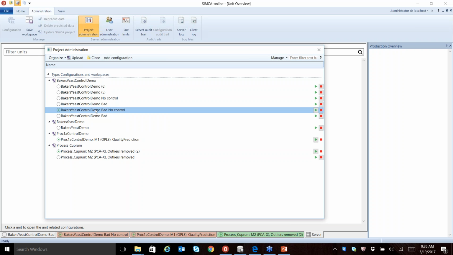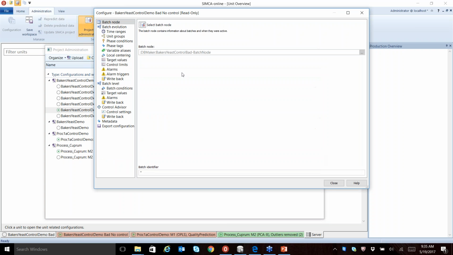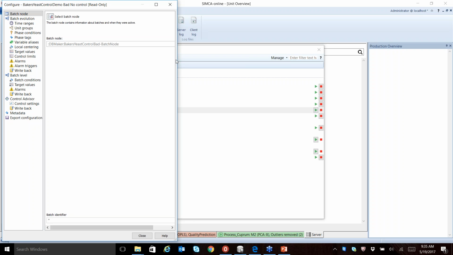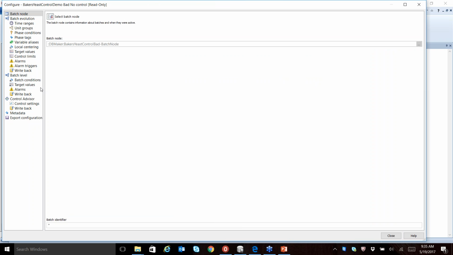So going to the project administration menu of Simca Online, I can then open up, for example, the configuration that I have running for my batch process for Baker's Yeast. So I right-click here and I can say update configuration. It's running right now, so I can't really change it, but I can show you how the setup behind